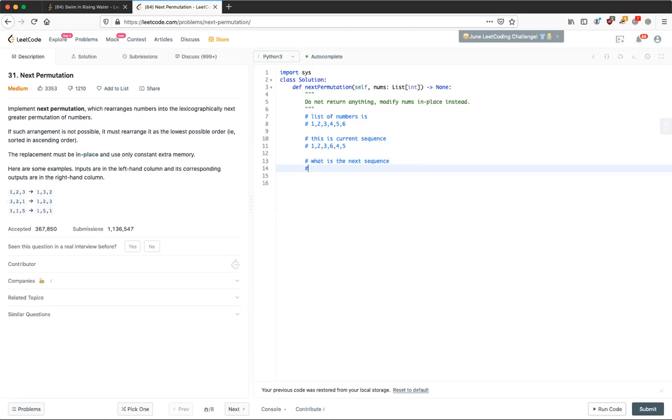So the next sequence, if you look at it, 1, 2 will remain the same, but the change will be 3. 3 will be changed to 4. And then the rest will be 5, 6, sorted. So the question becomes, first part becomes find first number